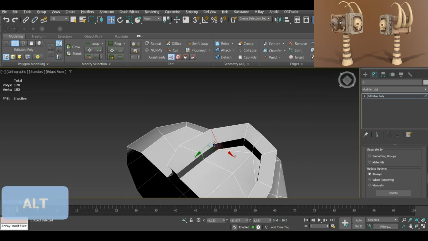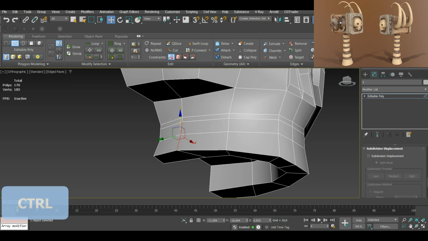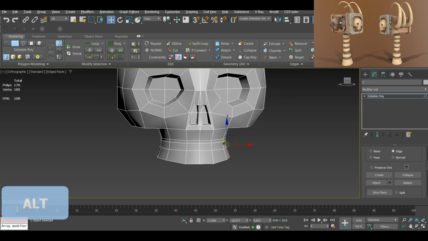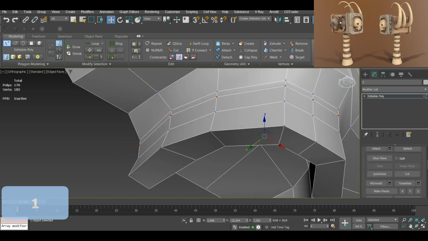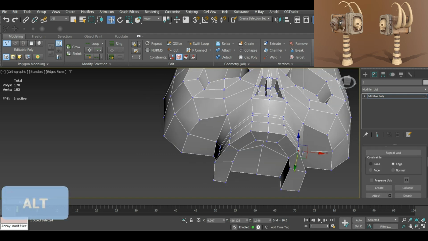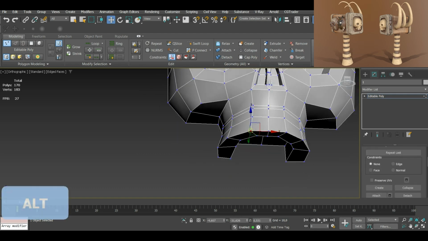Next I use the Edge Constraint tool to spread jaw edges more evenly, so that our teeth will have similar sizes. Make sure to keep the jaw thick enough, for it gets thinned by Turbo Smooth, and we will want to use inset on some of its polygons.